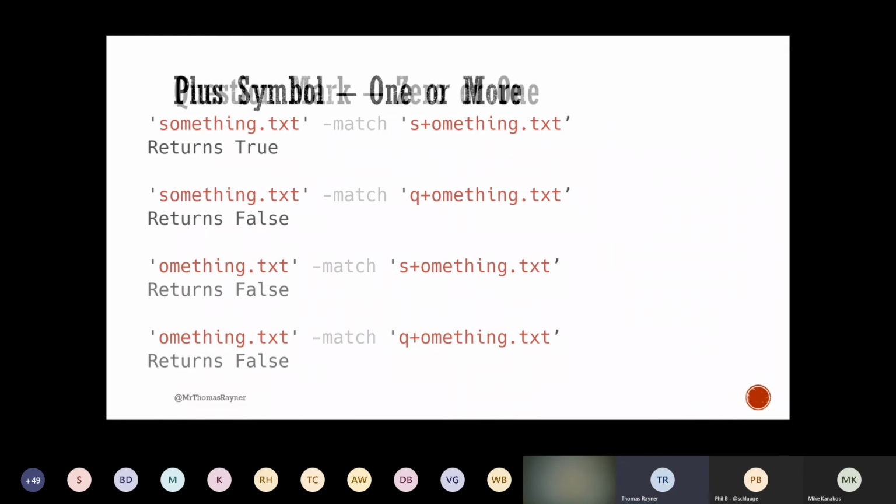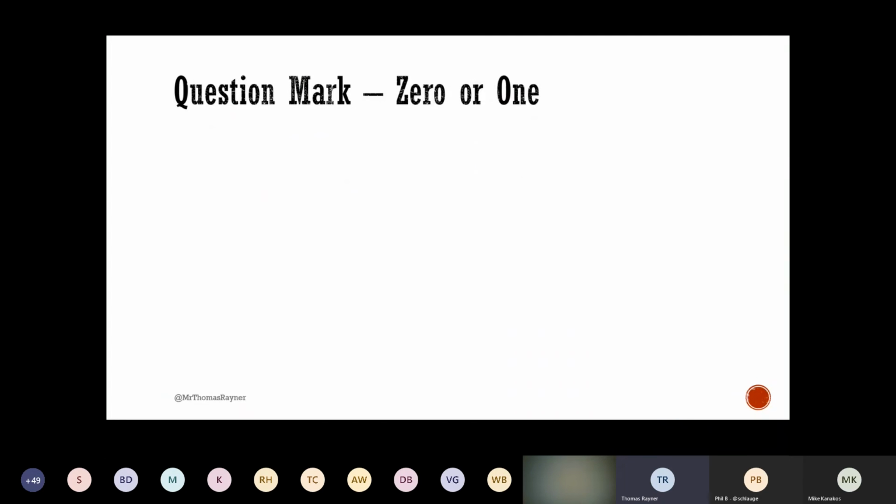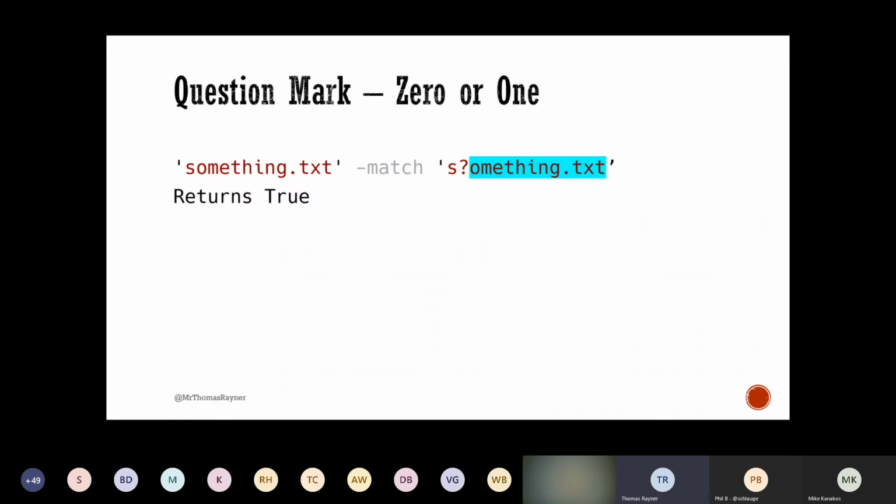I keep motoring here because we've got a lot to cover. Question mark means 0 or 1, so it's not going to match a whole bunch in a row. But since we're just doing Boolean matching, this actually ends up working a lot like the star. It's just kind of a nuance that you'd be familiar with, and when you kind of bump into it more, you'd appreciate knowing. This one's true. That's our rest of our string still. This is 0 or 1 S. There's our 0 or 1 S. There's the rest of the string, right? So there's our match.